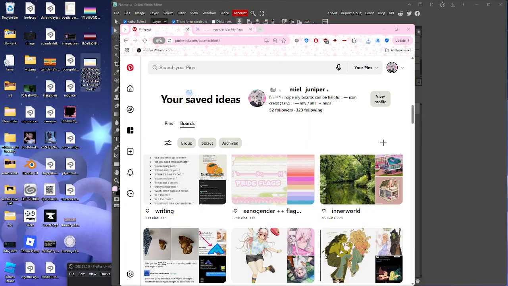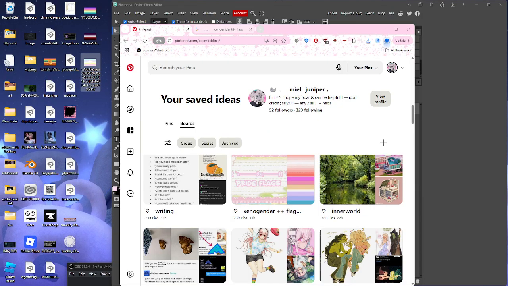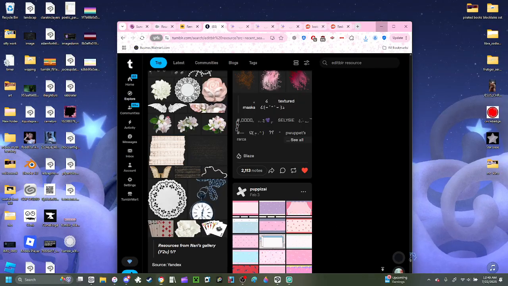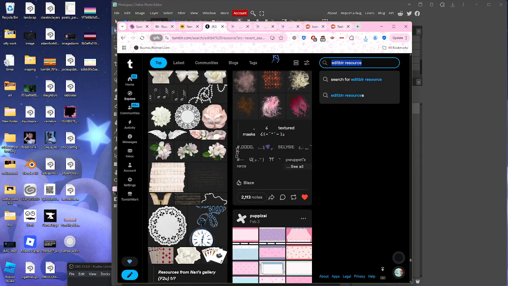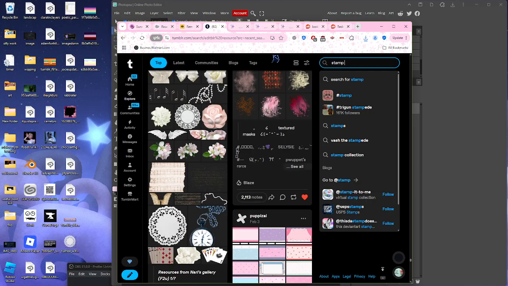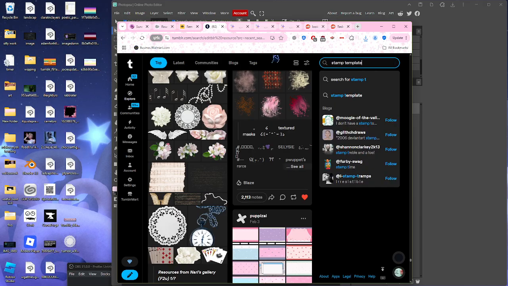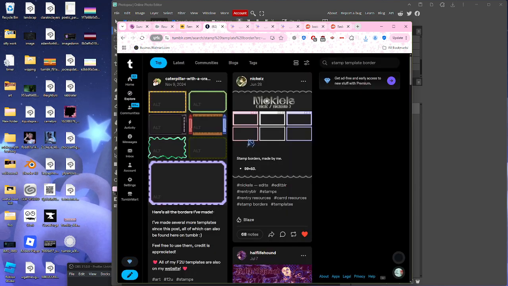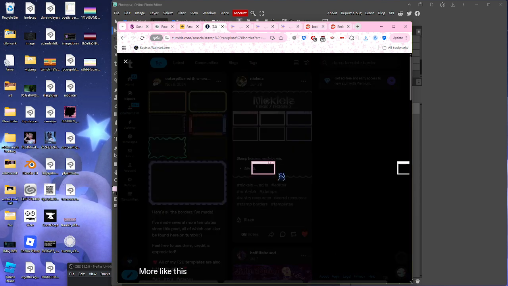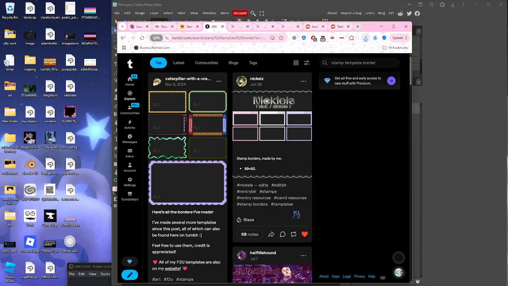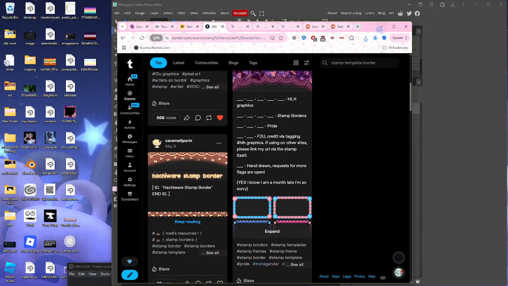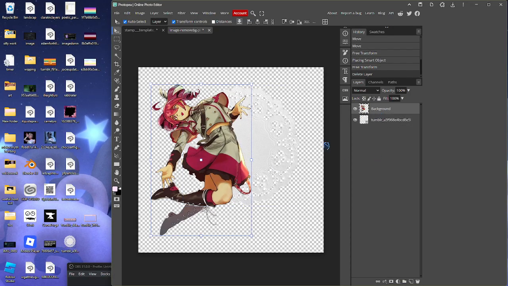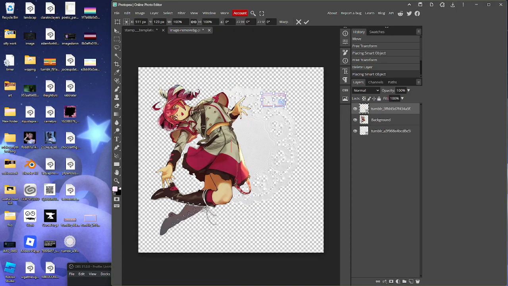So now that I have these, I am gonna do a few extra steps most likely. Maybe. I admittedly am not sure what I'm gonna do. Basically, you can just look up stamp template or stamp border, and you will have so many things to choose from. So many. So I'll just grab this one, because, you know, why not? And then basically what I'm gonna do next is, you can add whatever you want. This is just since I'm gonna be adding